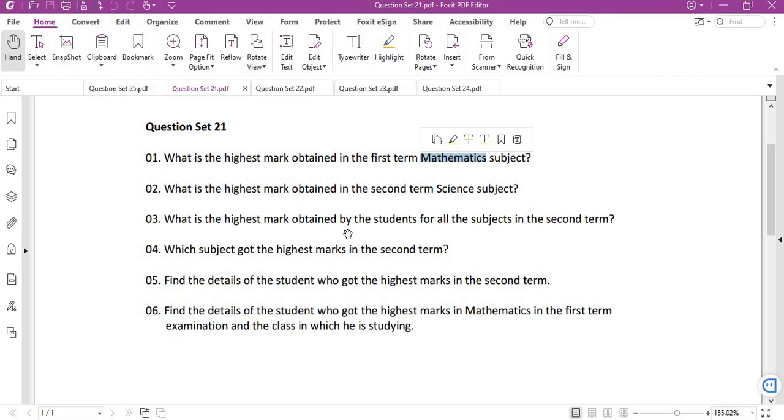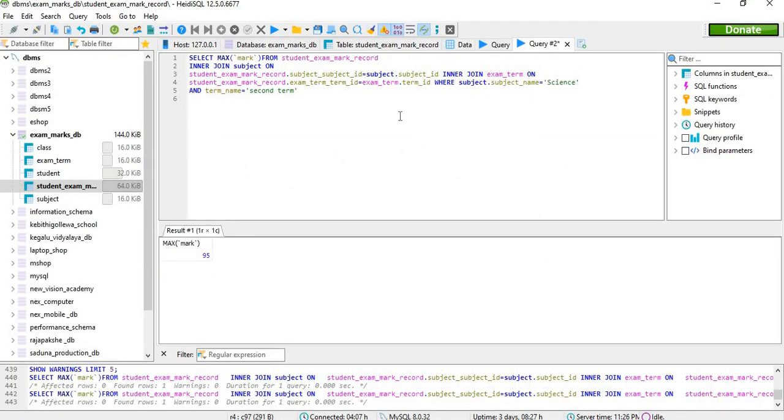What is the highest mark obtained by the students for all the subjects in the second term? So what is the highest mark? Here we need not mention the subject name because they have asked for all the subjects, no? So without the subject name we will only mention the term name in the condition and execute and see what the highest mark of all the subjects is. 98.5 is the highest mark of all the subjects in the second term. We will move on to the next